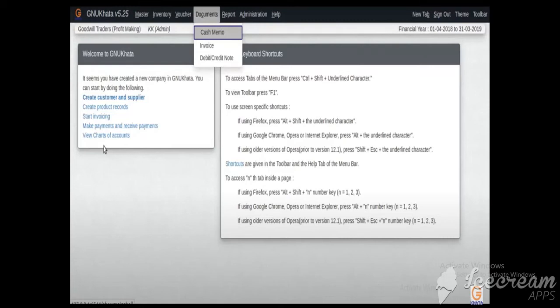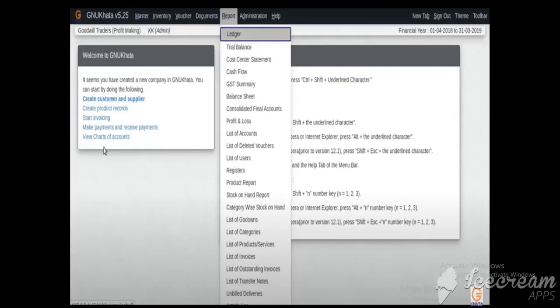And the next section we will be going up with the report, the report we are making up. So this is the report: ledger report, trial balance report, all these things we will be seeing. There are many things in the drop down you will be seeing when you open this report.